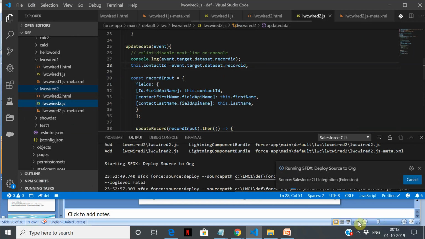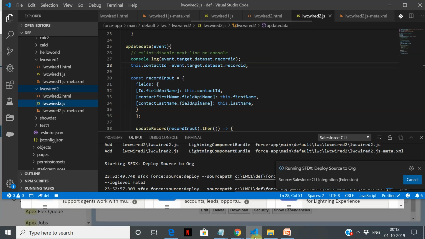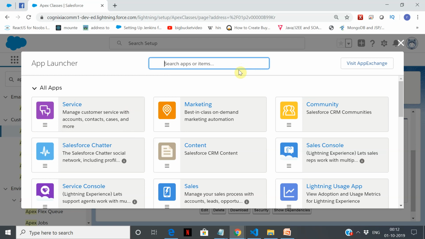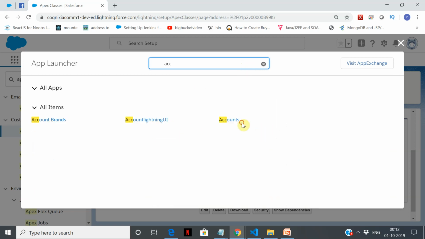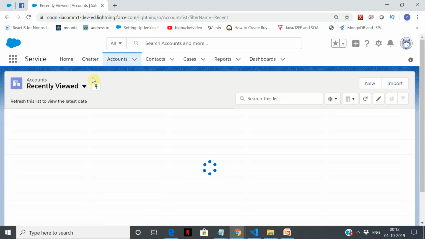Deploy it to source to all, and as usual we need to give it some tries. Go to accounts. So what we're going to do is, we are showing a list of data, right, the contacts.